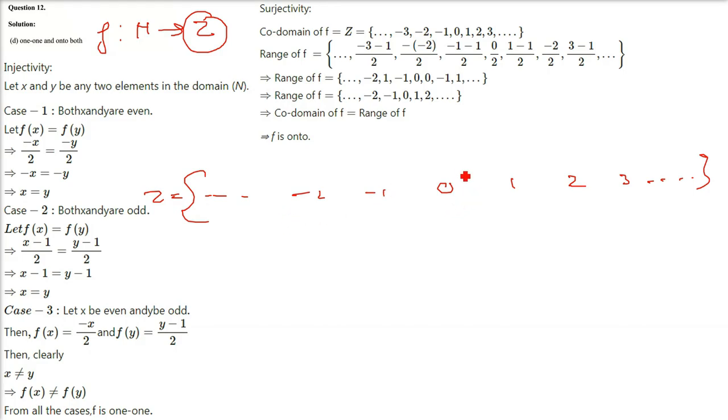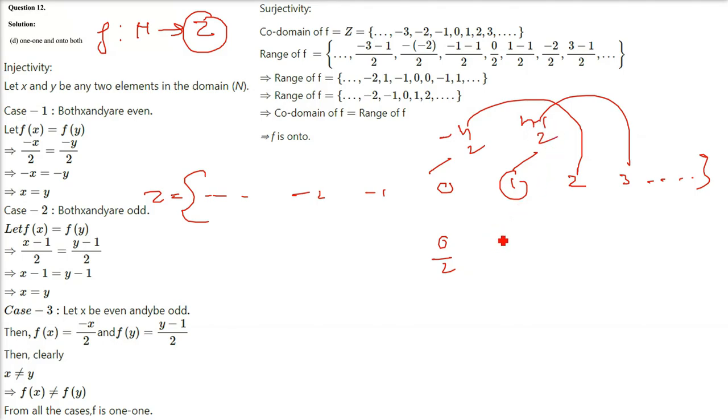But what about the range? You have to use these values 0, 1, 2, 3, all these values. Okay. And then we'll use the criteria, which is when n is odd and when n is even. And then we'll try to formulate a series. So when we use 0, 0 is even, so 0 by 2. 1 is odd, so we'll use 1 minus 1 by 2. So every time whenever even is there, we'll use minus n by 2. Whenever odd is there, we'll use n minus 1 by 2 and we'll use the natural numbers for this.